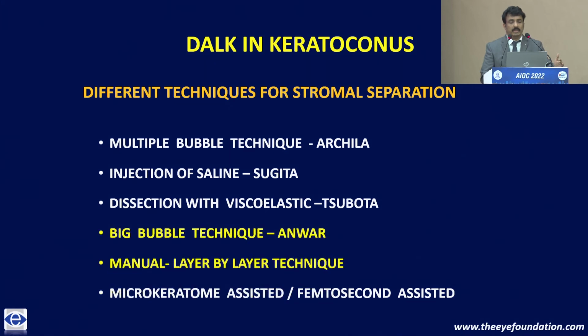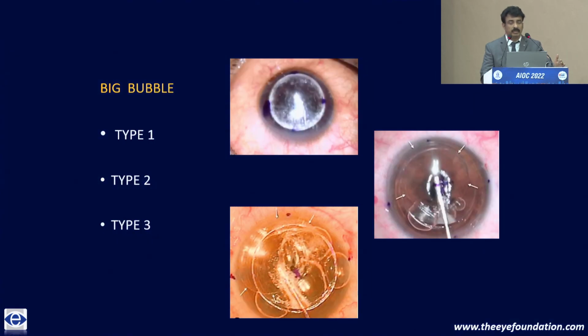So the common technique which we use is the big bubble technique, which was proposed by Anwar and Teichmann. And if the big bubble technique is not possible, we can go ahead and do a manual layer by layer technique. These are other techniques proposed by different authors, and they can be used if the big bubble technique is not possible. And whenever you are injecting the air bubble into the stroma, you can expect three types